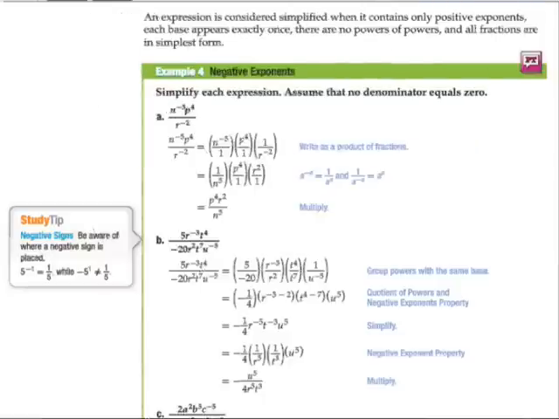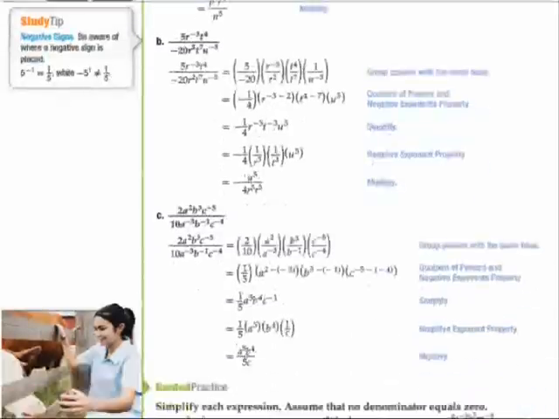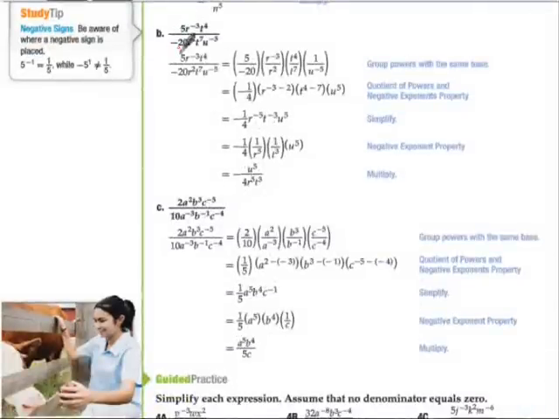So let's take a look at what that looks like in a problem. Here we have n to the negative 5th, p to the 4th, and r to the negative 2nd. The ones with the negative exponents are going to switch sides. I think a really good way of looking at it is to split them into 3 separate problems. This switches to the denominator, this stays where it is, and this switches to the numerator, and then we rewrite, and that's it. The problems can get harder when we add other numbers, so 5 over negative 20 is equal